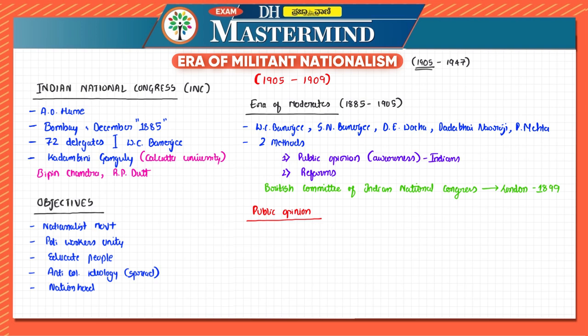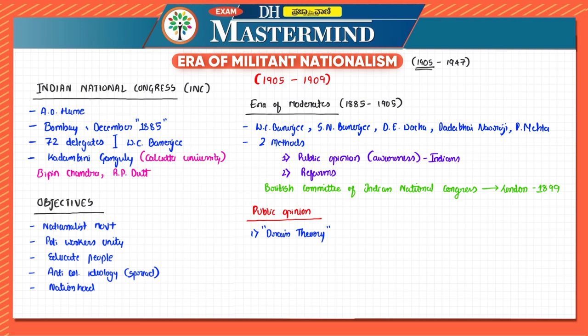First one is by writing a lot of books criticizing British imperialism. For example, The Political Economy of British Rule in India, where they introduced the drain theory. If they ask in an examination who introduced the drain theory, it was the moderates: Dadabhai Naoroji, R.C. Dutt, Wacha and others. They analyzed the political economy of British India, and the drain theory explained how the British were exploiting India.